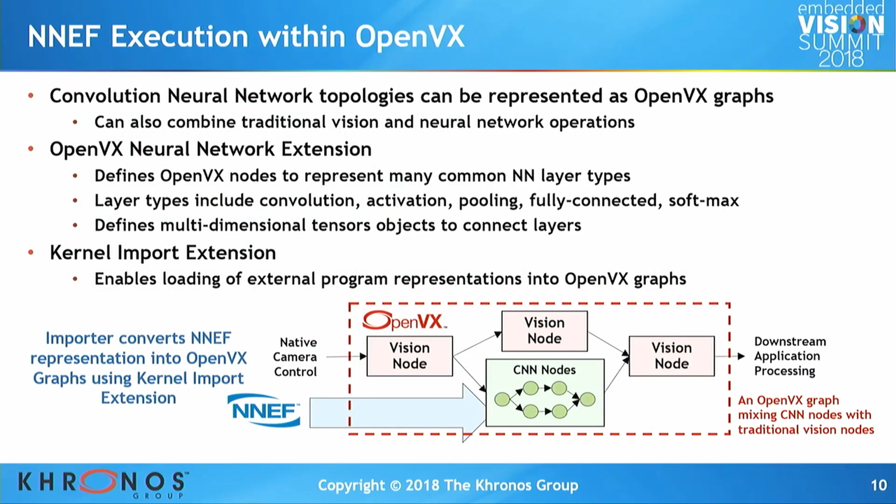And I won't go too much into this graph. This is the same slide that Radha had. But bringing NNEF files into OpenVX, that can be a highly optimized NNEF file. I mean, all those compiler type optimizations to optimize your neural network, they can be applied before you output the NNEF file, or your NNEF file can be optimized before it's input to OpenVX, and then your OpenVX implementation will further optimize how that network actually gets executed on a particular piece of hardware.